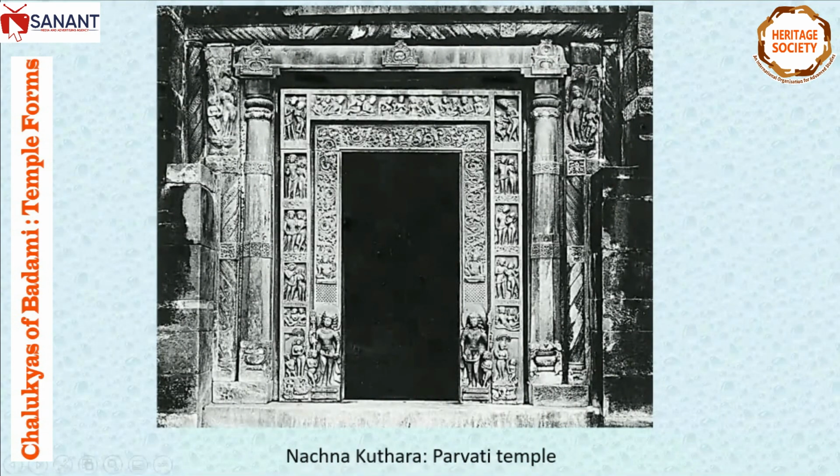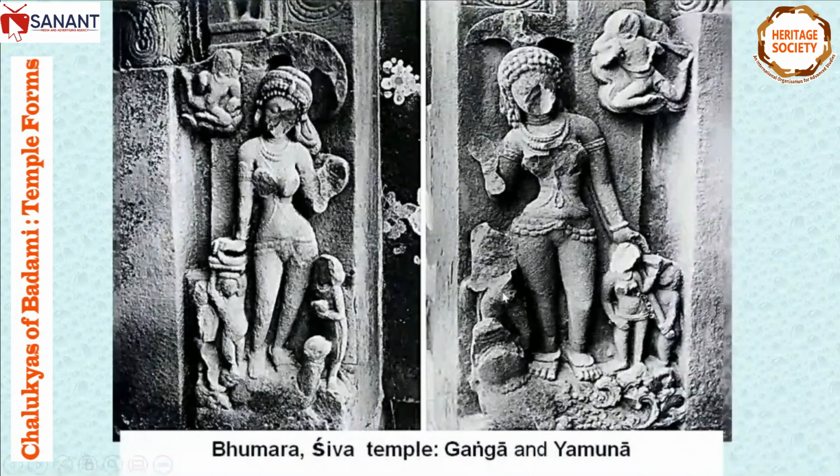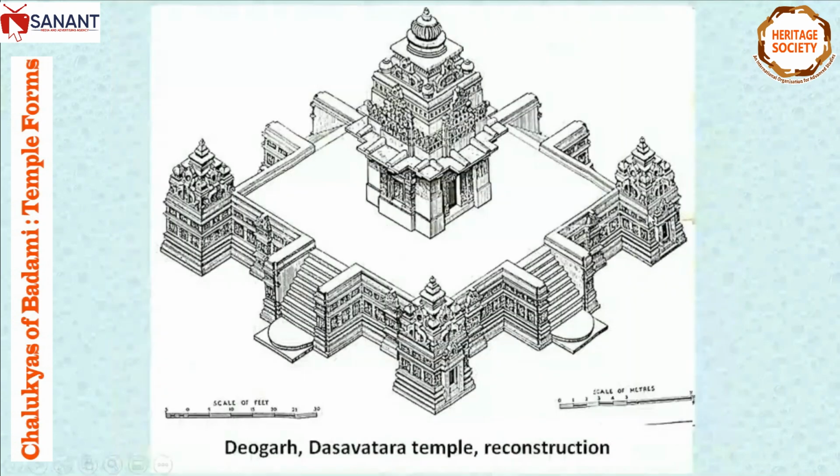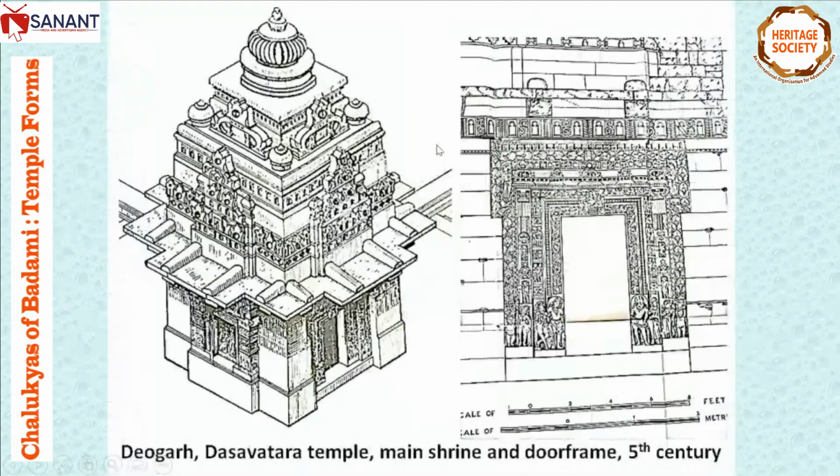You have, of course, Ganga and Yamuna on either side here, what is called the Pedya region of the Dwarabandha. That will, of course, come in the region of the Chalukyas also at one particular point of time. These are the images of Ganga and Yamuna, as you can see. Then the Devgarh Dashavatara temple, the reconstruction of which is a significant one for us, for it uses the Nagara features